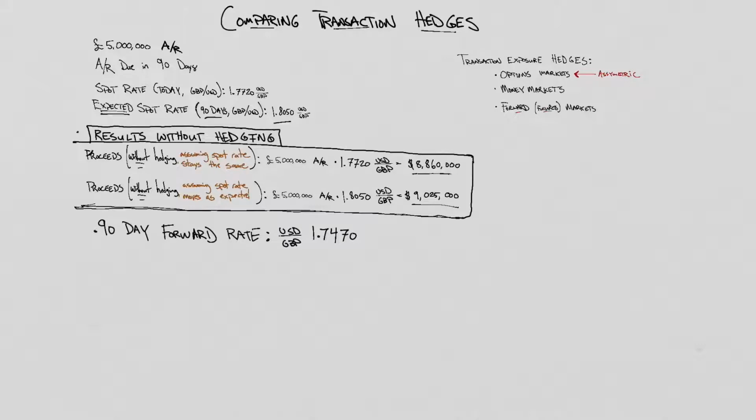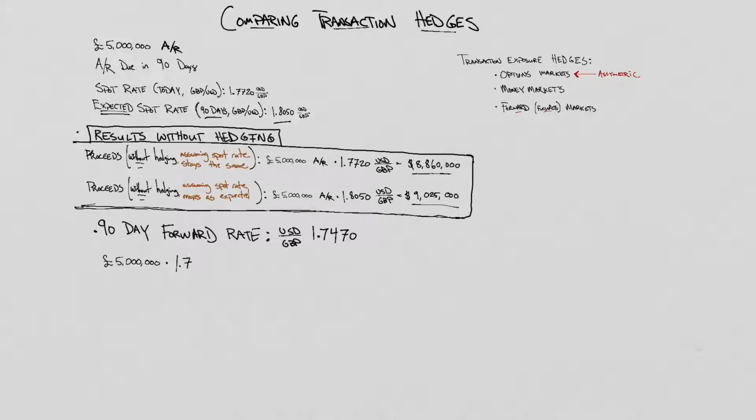If we agree to use this forward contract, we're agreeing to take the 5 million pounds that we receive in 90 days and sell it through this forward contract at a pre-specified rate